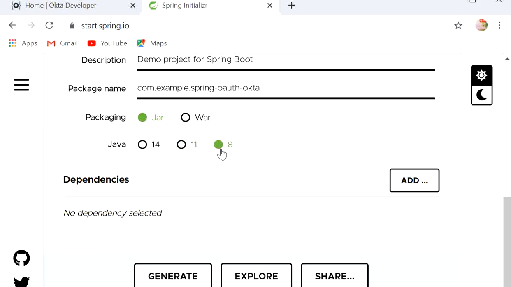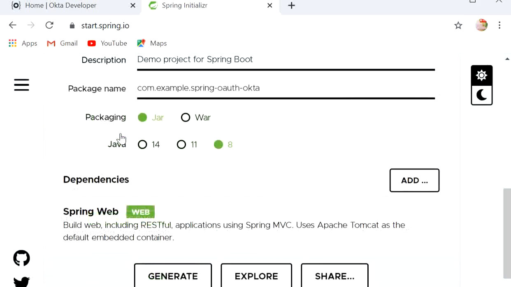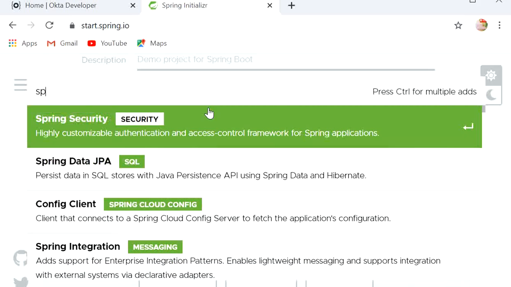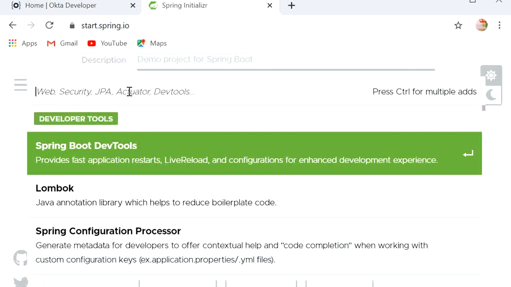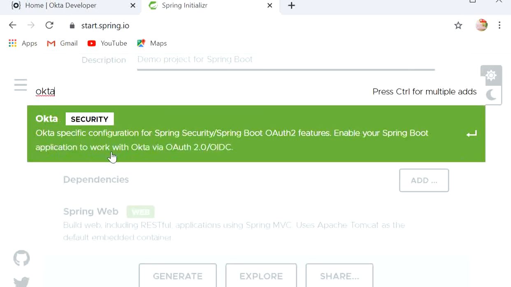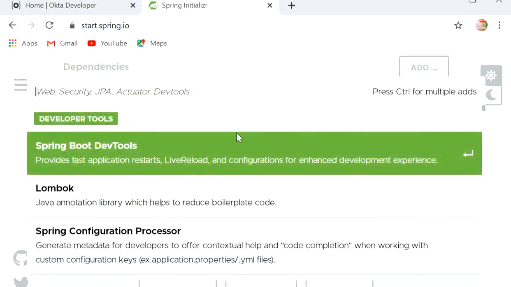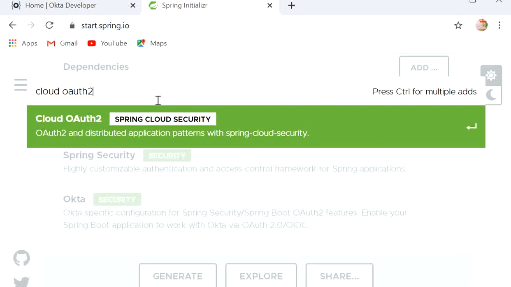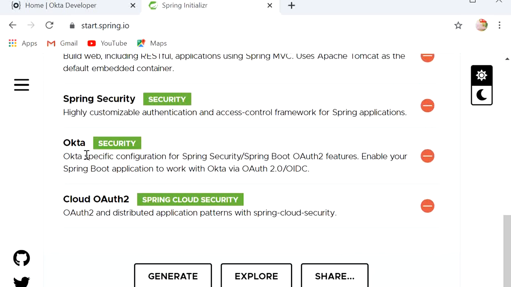I will choose Java version 8 and add the dependencies: Spring Web, Spring Security, Okta, and the fourth one, Cloud OAuth 2.